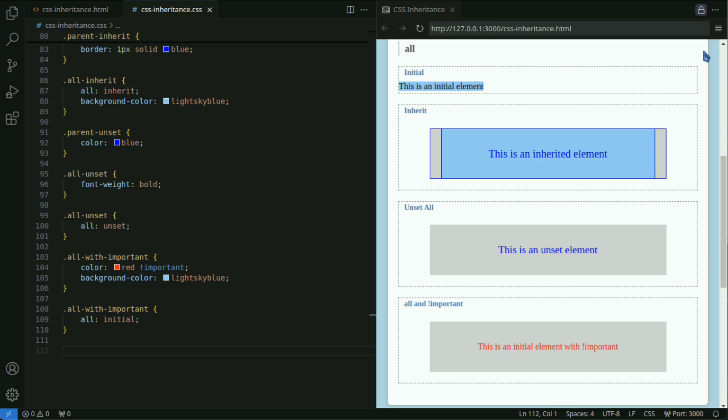The all property is a powerful reset mechanism, but it is affected by CSS specificity. If a specific element has strong style specifications, the all property may not be able to override those styles. For example, properties specified with important cannot be affected. In this example, even if you try to reset the style with all initial, the color property will not be reset due to the color red important specification.